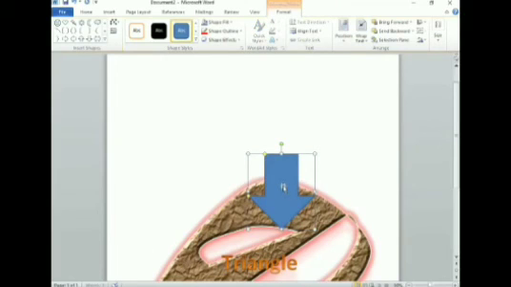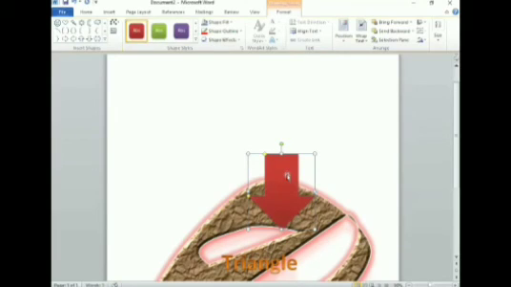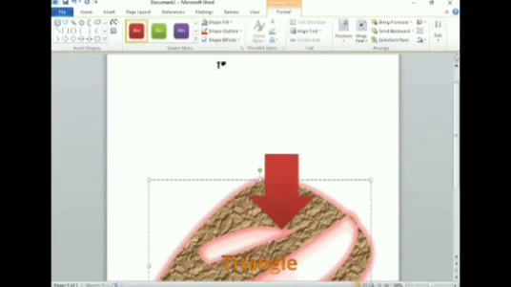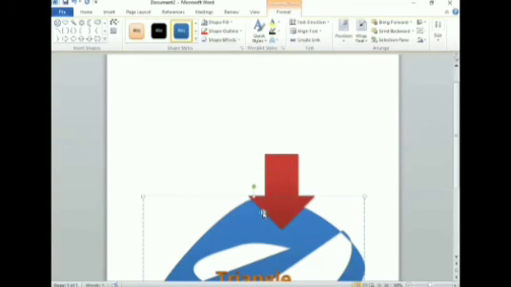If I select this one, whatever change I am doing will affect this shape only. But when I select this shape, it will affect this shape only. If I want to make a group of both the shapes, so that whatever effect I give will affect the complete group.